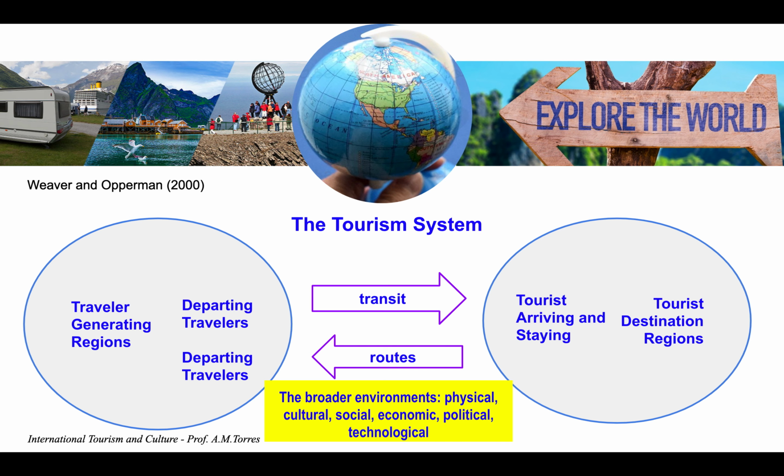What is environment? We know that environment is surrounding. But in business, the environment is actually the situation where the tourism activity happens. So, how does it affect the tourism system? Physical, cultural, social, economic, political, and technological affect the business or affect the tourism industry. In what way? I'd like to give you